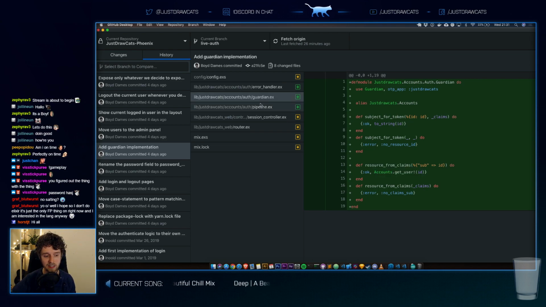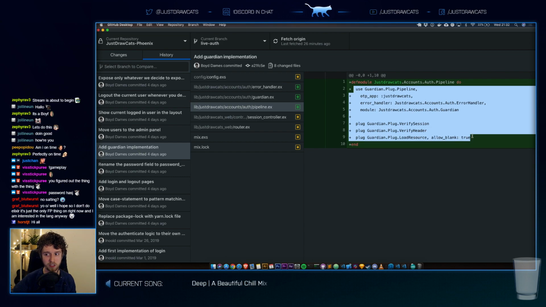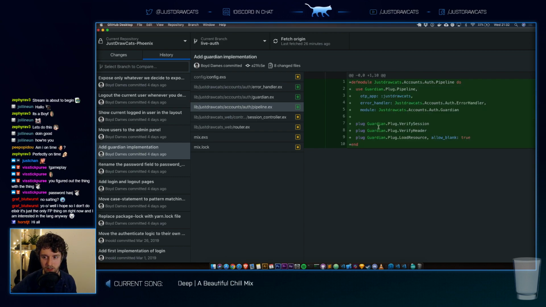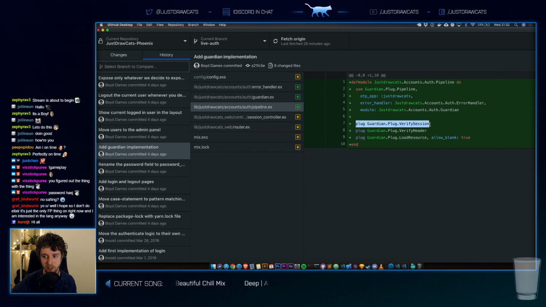It's basically syntactic sugar to guard a bunch of your routes. It makes that a lot easier. So for example, it verifies the session, it verifies the header, and it can load a resource once, which is pretty important because you don't want to continuously